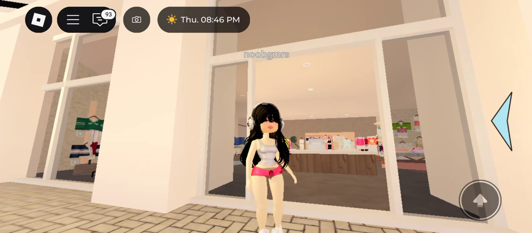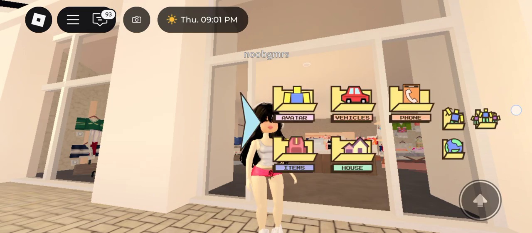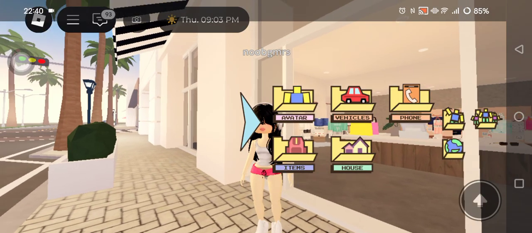On today's tutorial, I'm going to show you how you can use your phone in Mary Avenue. So in today's tutorial, I'm going to show you how you can use your phone to text, selfie, and make calls in the game. So what you need to do is just click on the arrow, the blue arrow, and tap on the phone,